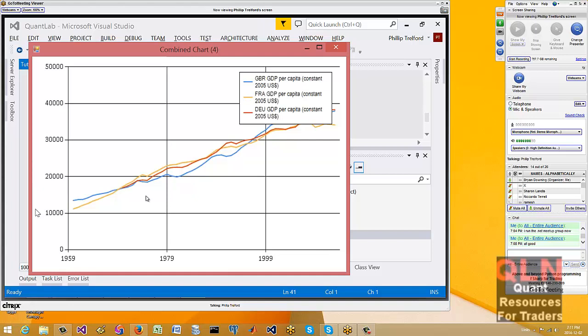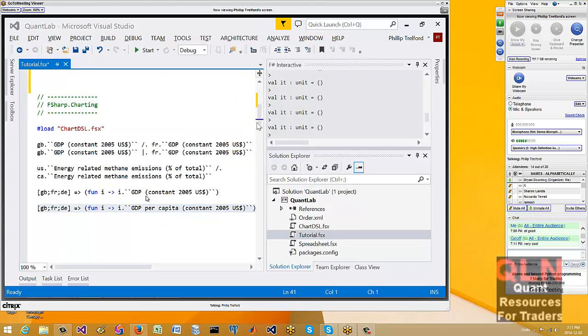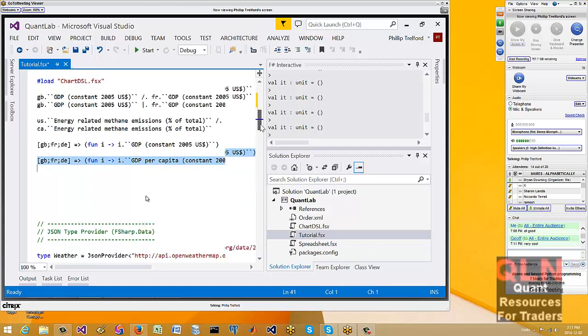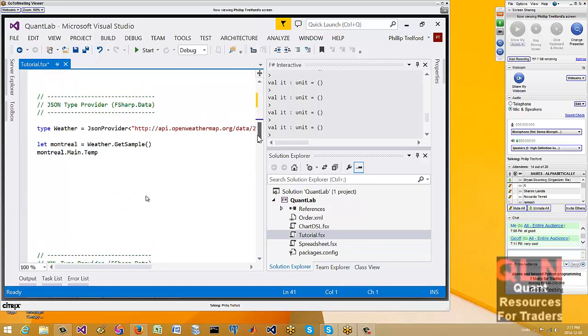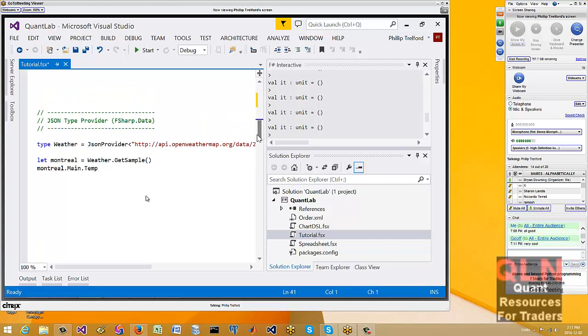And a little bit occluded on the graph, but we can see that actually the UK is doing quite well in catching up with Germany on GDP per capita. France is lagging a little bit there over time. So that's nice. So literally within a few keystrokes we've managed to connect to the World Bank and chart the information. Now, underneath, it's going online and picking up as we walk through that graph of different properties.